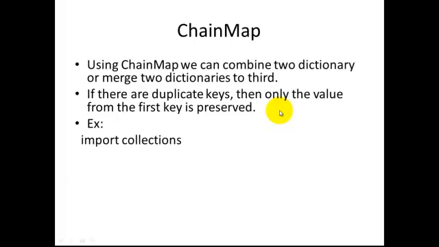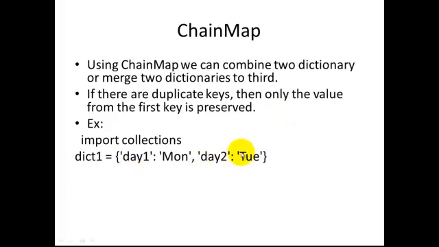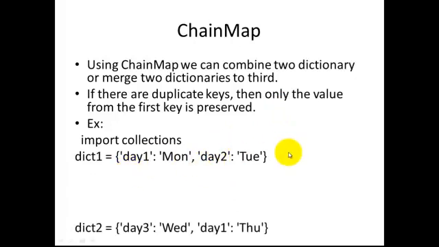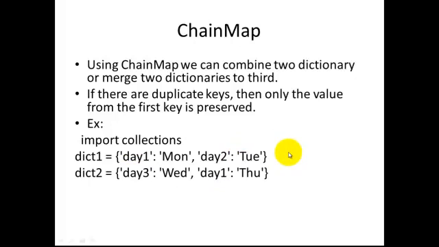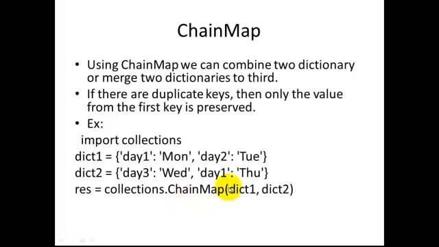Now let us find. Here I have the import of collections, then I add a number of entries under the first dictionary. At the same time I will take a second dictionary where day 1, day 2 are added. In order to merge, we will take collections dot ChainMap of the first and second dictionary objects. This returns a third collection, the resultant dictionary, which has the combination of the elements with it.